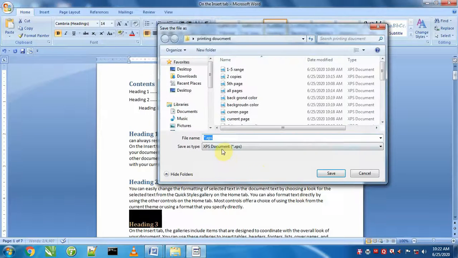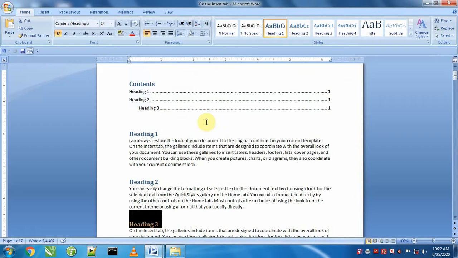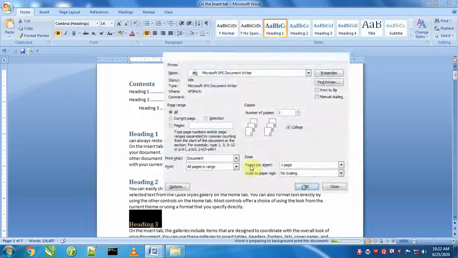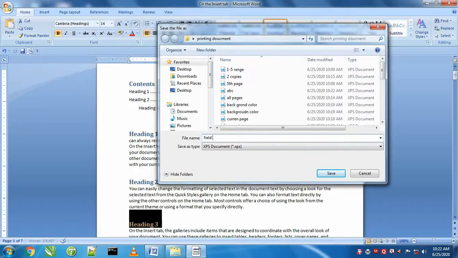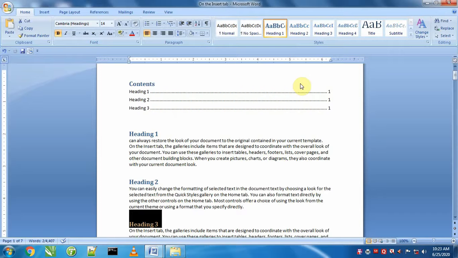Okay, we can look here, this table is printed as such and the fields are not updated. But if this option is on, fields will be updated before printing with the help of this option. So this is the use of updating fields before printing.